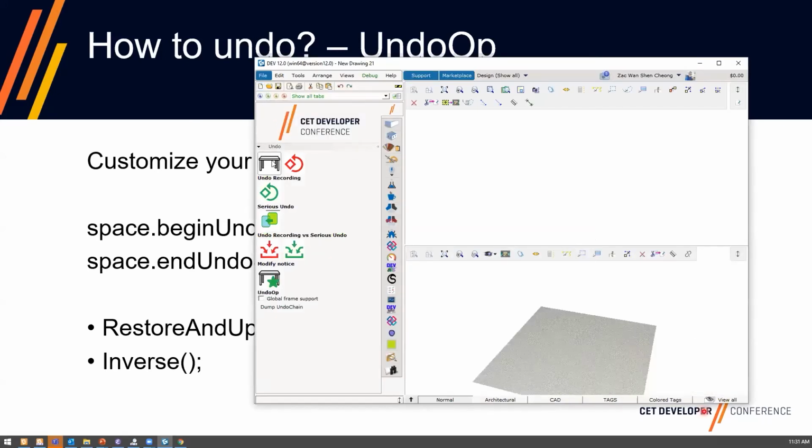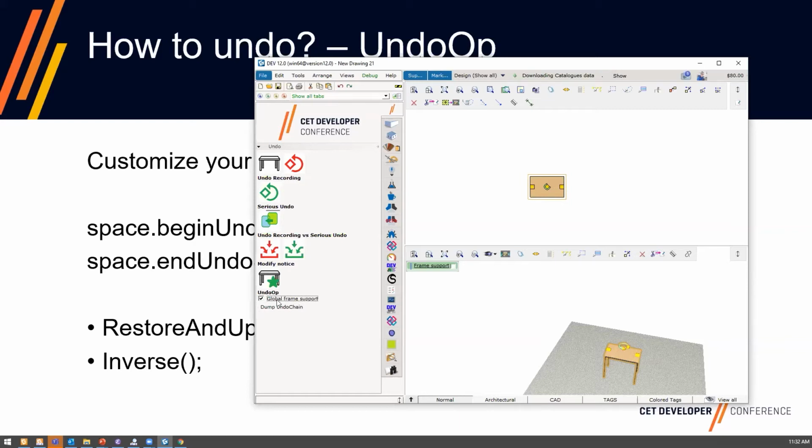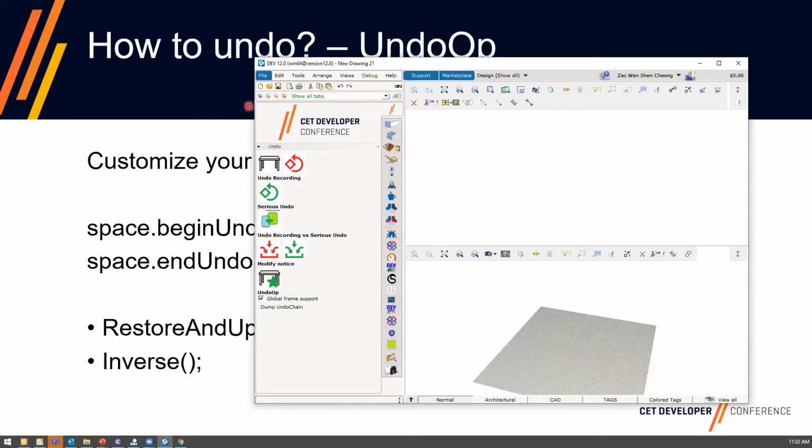Same table. So let's say you have a checkbox in the library. This is a global function. Your drawings can contain either everything has frame support or everything doesn't have frame support. So you have a global setting, and you want to record the change of this global setting. When you do undo, you want to go back to an unchecked state, and then things will happen like